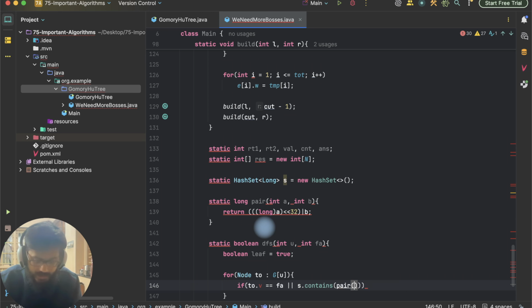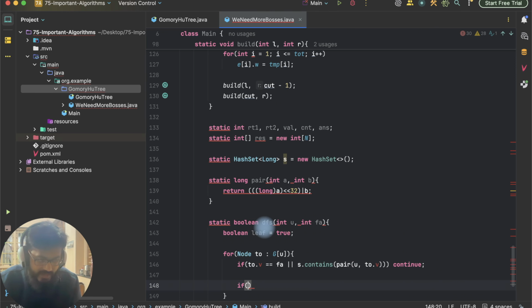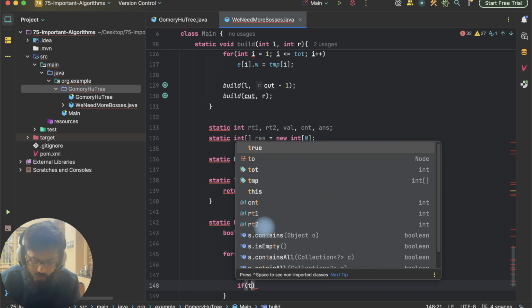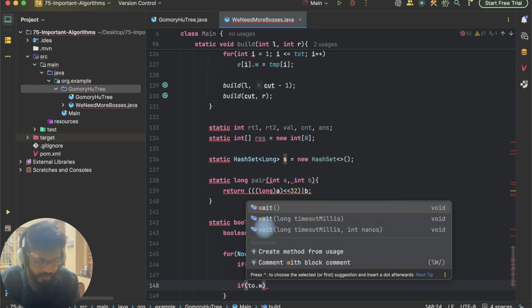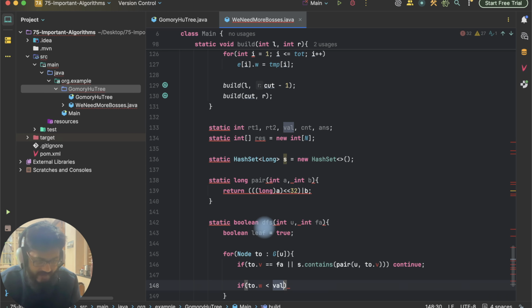So pair, I'll just go with u, comma, u dot b. Right. So this is fine, I believe. Next, in that case, we have to skip. So I'll just make use of the continue keyword. Next, let me go with a simple if condition. One more if condition here. If 2 dot w here, if it is less than value, then what I'll do,